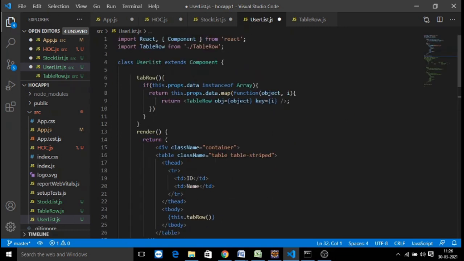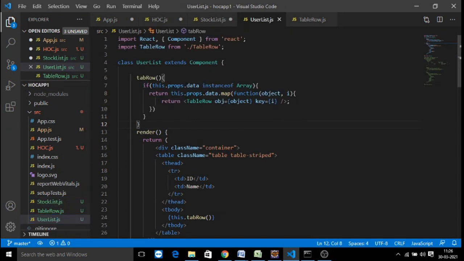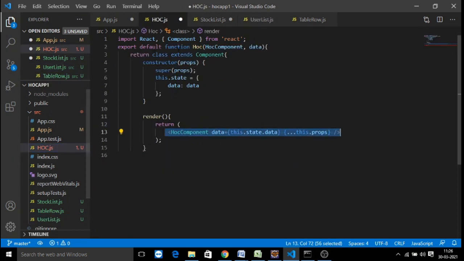So here is the user list component. This is once again a reusable component we are making. We don't have any local data here. Data we will pass from the parent component called the app component. So both the user list and stock list are now components which are sent to your higher order component.